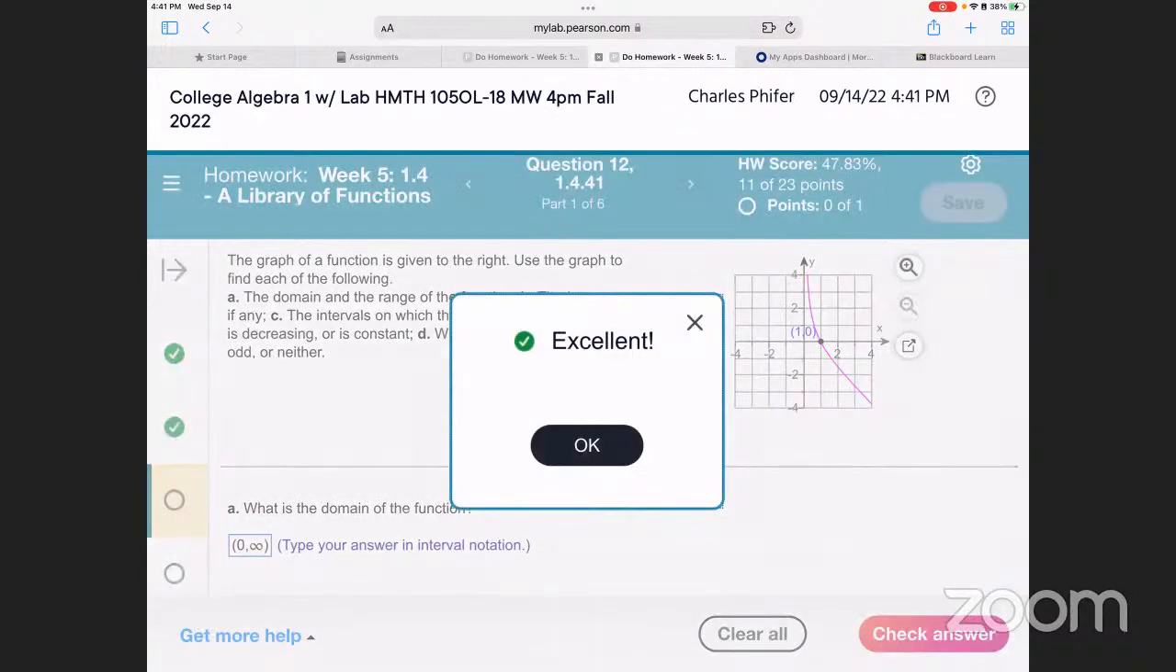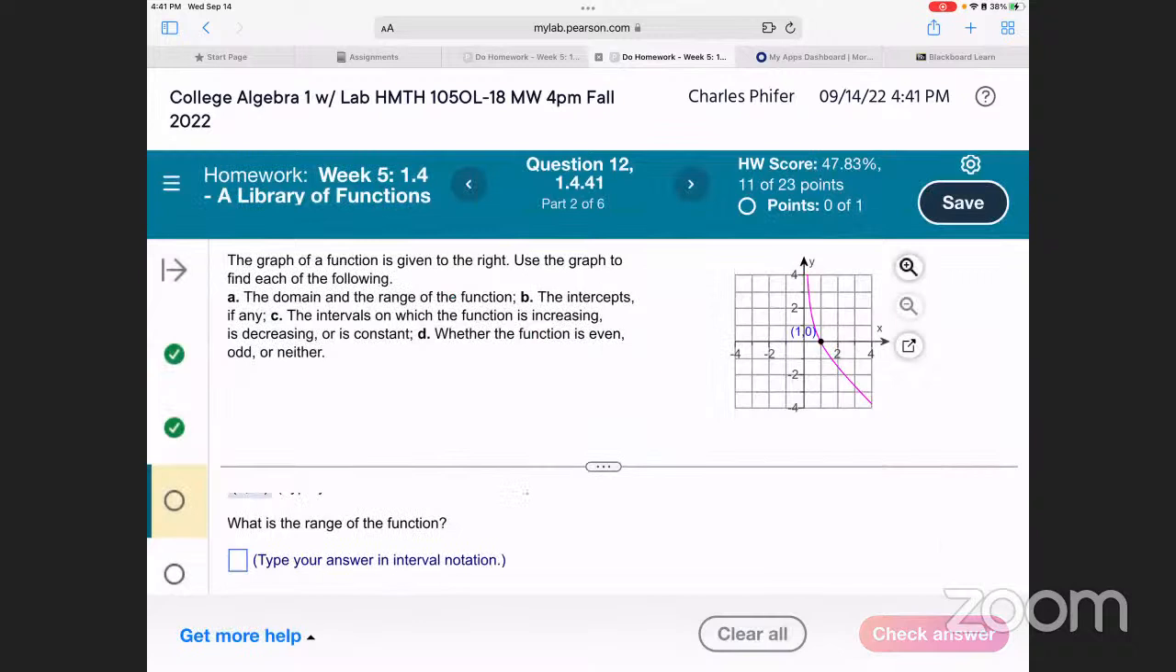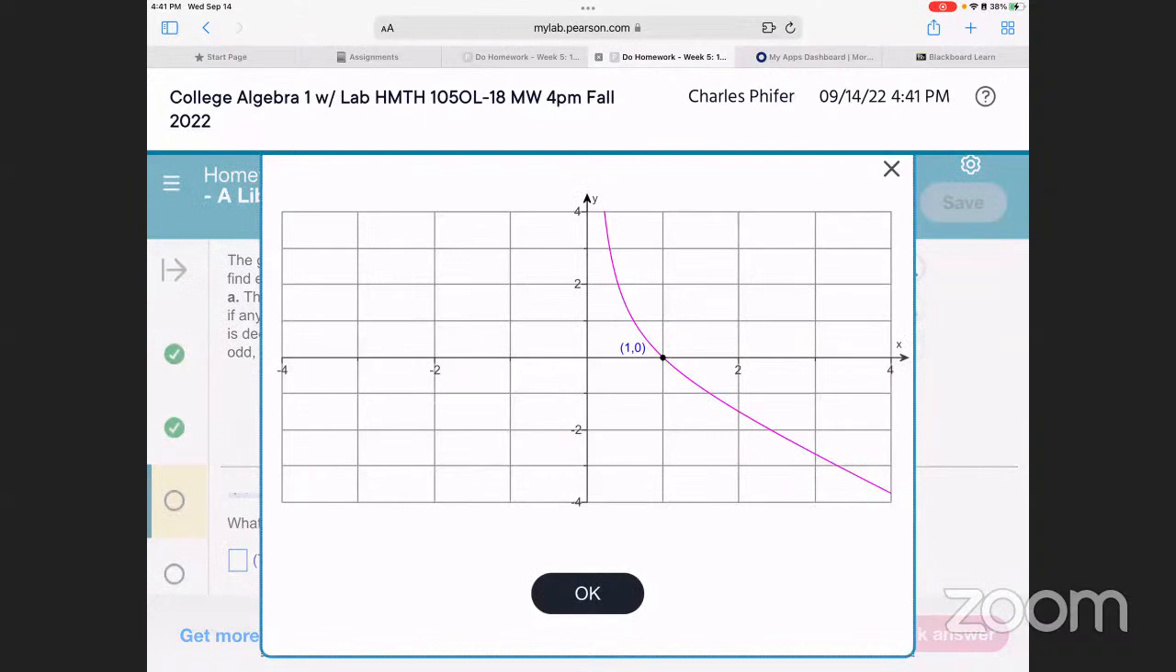I have a question. Yes. So I was doing this yesterday, the domain, and why is it not negative infinity? Because you see how the log is coming up, so wouldn't that be negative infinity to infinity? Let me